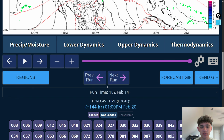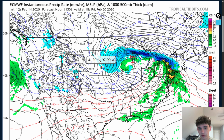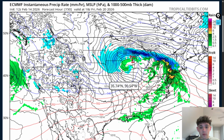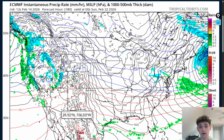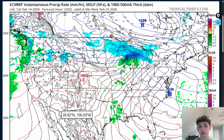And of course, we're going to have to change runs. This is the 18Z. So we'll start this here. It did something pretty similar, although the run just before this was a little bit more aggressive with that snow along the U.S.-Canada border. So something interesting there. Afterwards, we might have a few day stretch where nothing really happens, and then we get